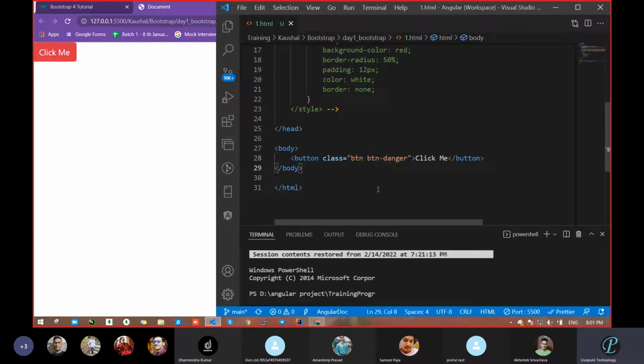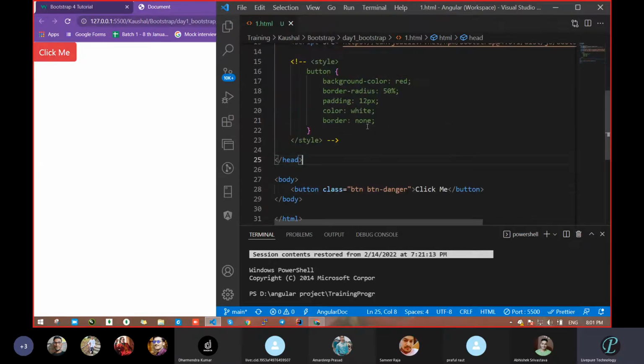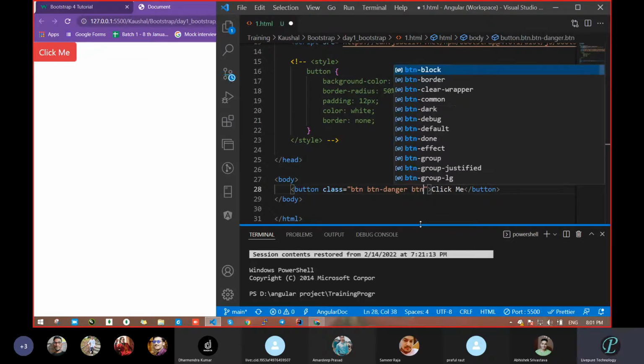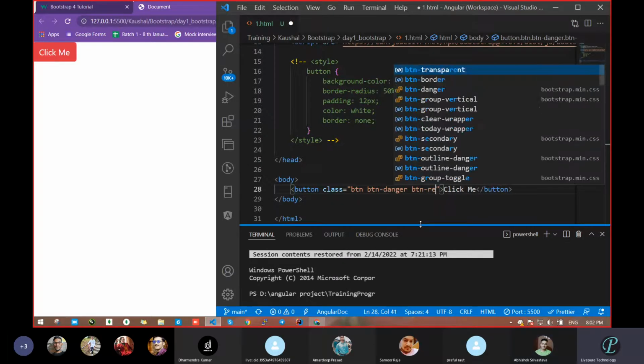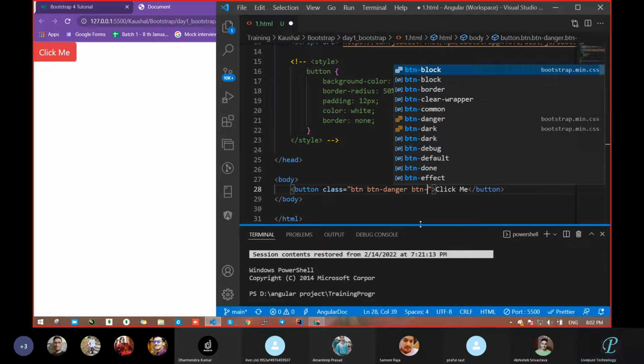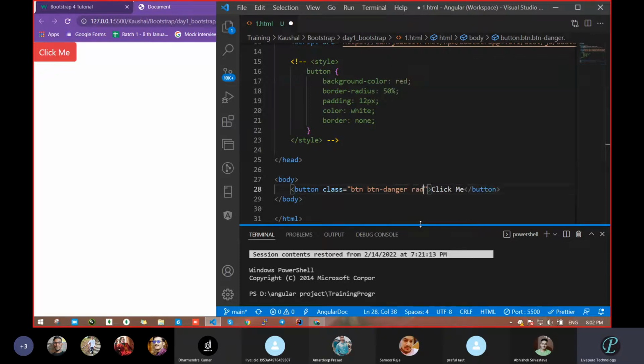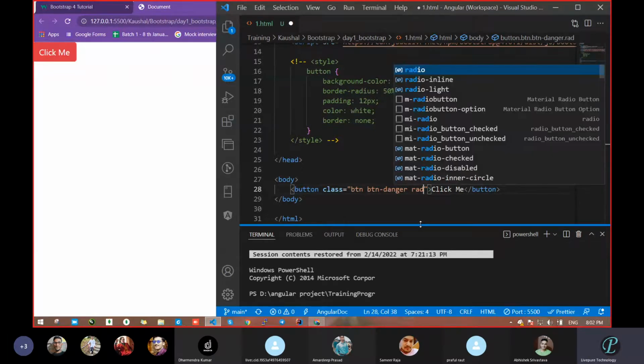So how have we saved time for this? How many lines of code do you have to write? And for button radius, I don't know how that will come. BTN, what about this border?